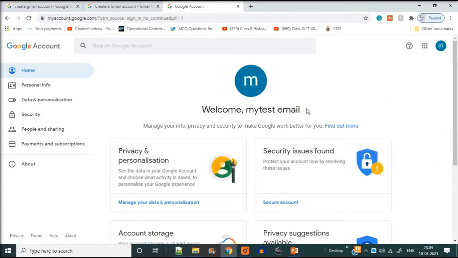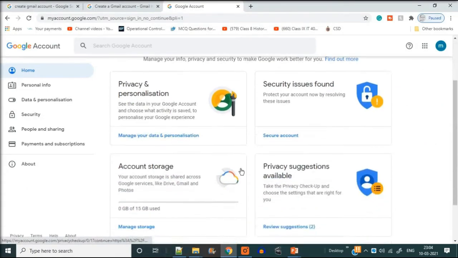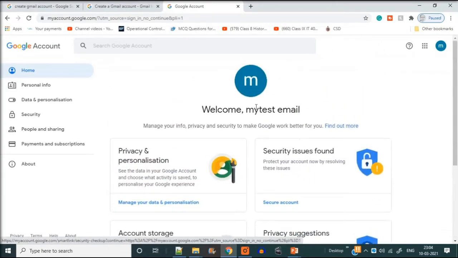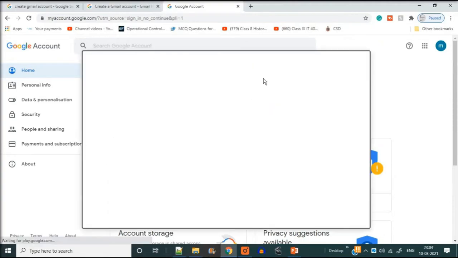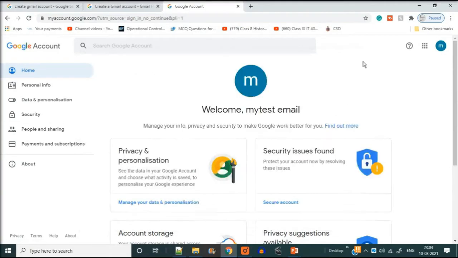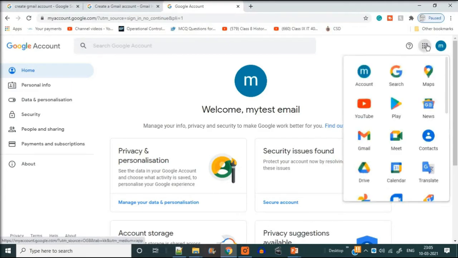Now you can make a YouTube channel. You can have Google Meet, Hangouts. All these Google products are now with you just by making this email account. Now you can add a photograph if you want, so that people also see your photograph. This is the first thing they ask. But what we will do here is directly jump to the emailing. So you have Google Maps, Google News, etc. Everything is at your fingertips now because of your Gmail account.